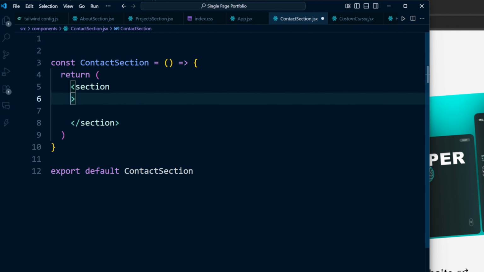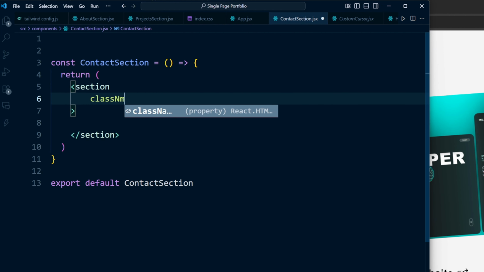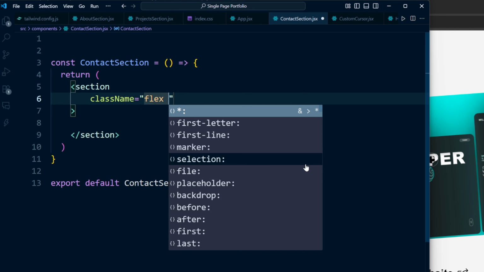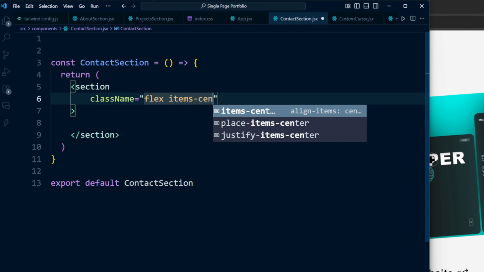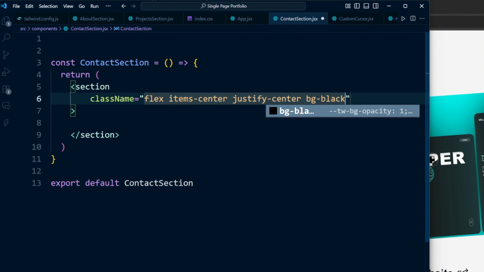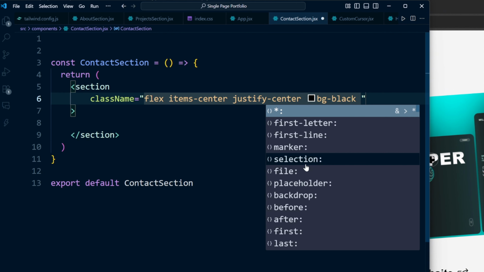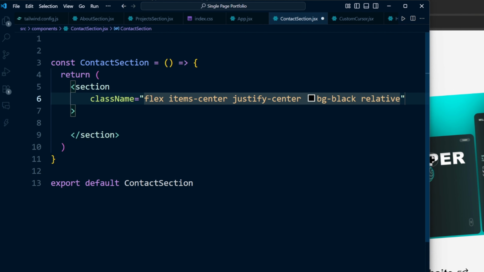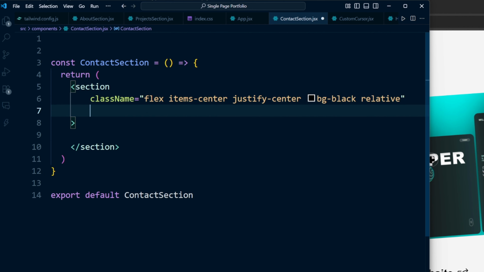Now let's style this section using Tailwind classes. We add flex, so the section becomes a flex container. Items-center aligns children vertically, and justify center centers them horizontally. Next, BG Black paints the entire section in solid black. Finally, relative sets a positioning context. We add an inline style overscroll